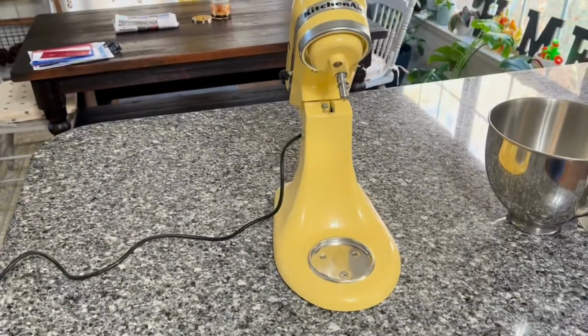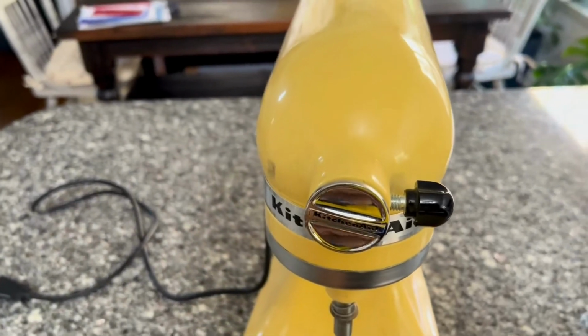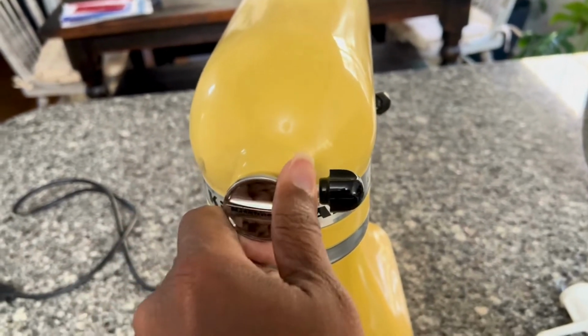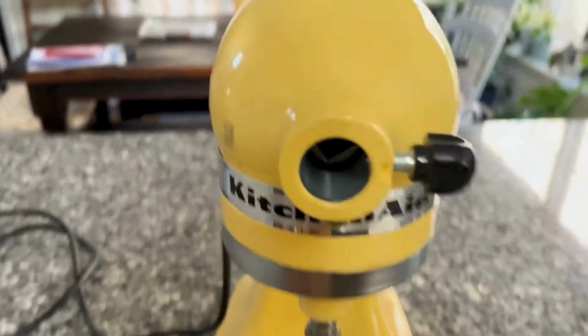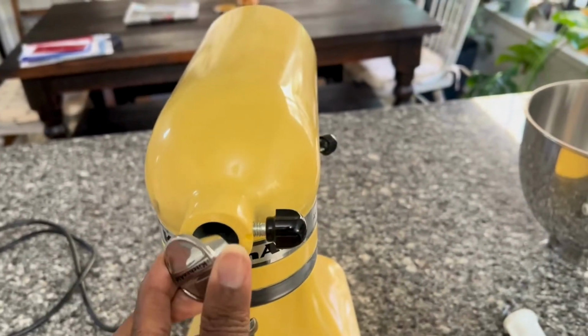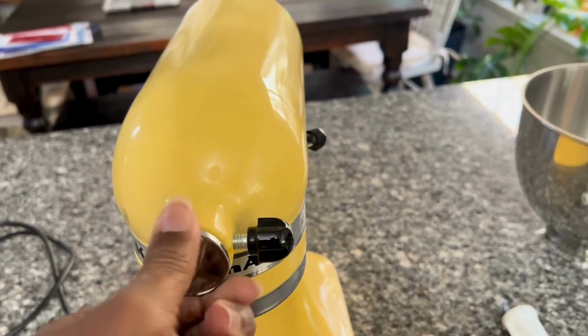So that's pretty cool. Here are some of the attachments it comes with. You can get more for it as well. You can get additional attachments that will go into this slot here, like for making pasta. Let's see if you can see down in here. You can see the groove in there that you can stick your attachment into and have it working from in